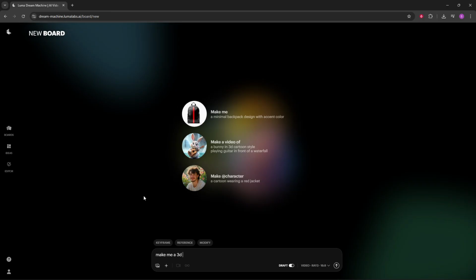In the prompt box, type in your request. For example, you could write 3D asset of a sword. To guide the model toward what you want, add a few practical details. You might specify the style, like realistic, stylized, or low poly. You can mention materials such as steel blade with a worn leather-wrapped handle, a color palette, or even the level of detail. If you care about in-game usability, say something like optimized for games or clean topology, which encourages